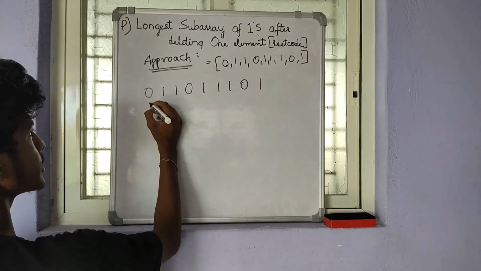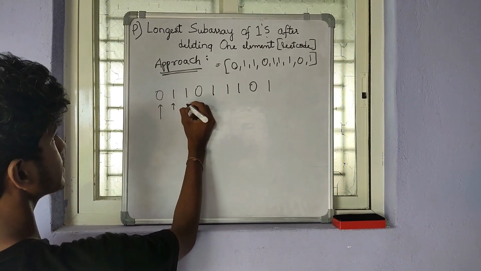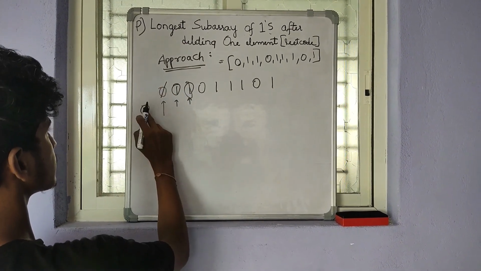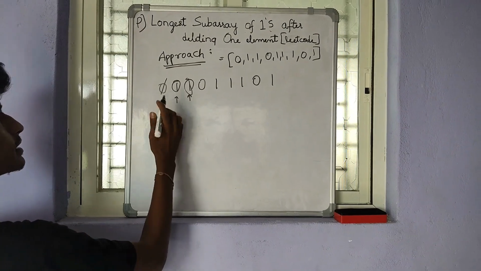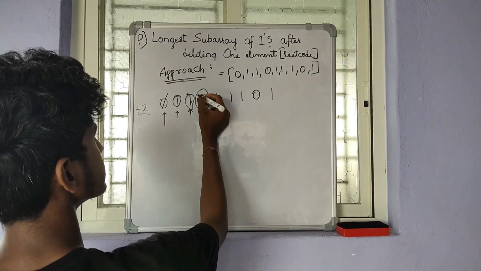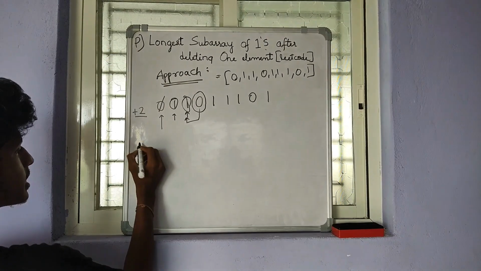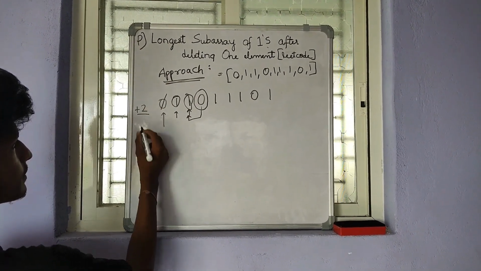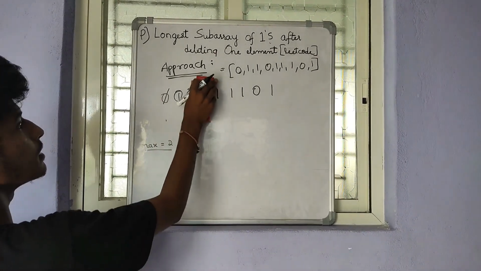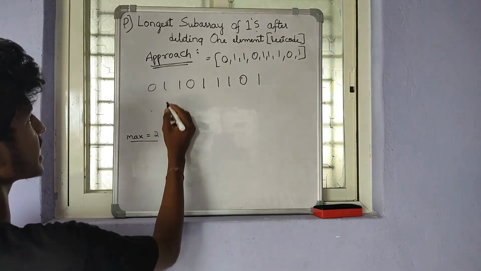Whenever you see 0, you have to see how many ones are present after that. 1 1. The counter will be 2. I'll write here. The counter will be increased to 2 plus 2. And again, if you see 0, in the else part, you just have to break the loop. You can store the max in one variable. Max will be 2 right now. Again, you should start from here.